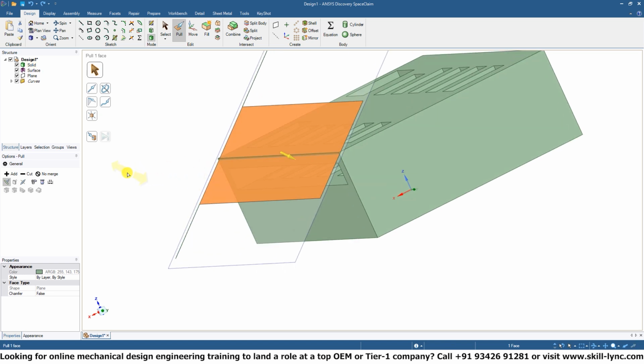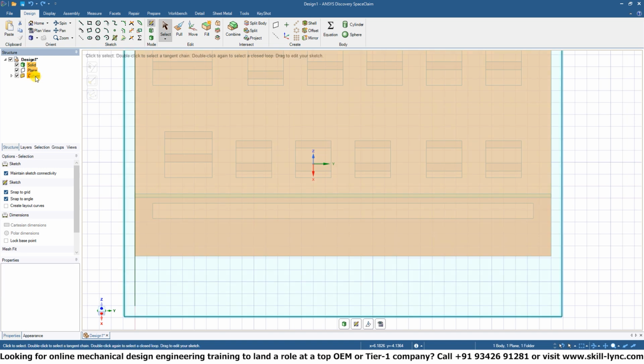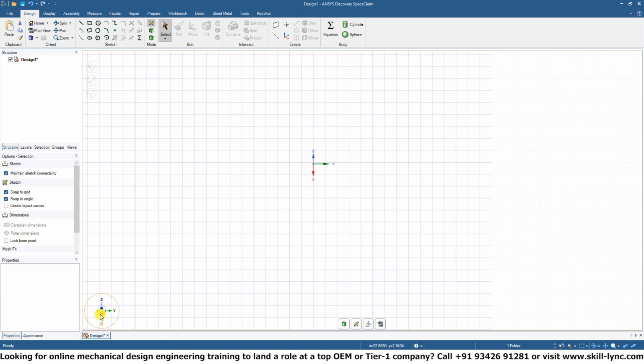You can also, there's a tool over here next to add and cut, called no merge. What no merge implies is more for assemblies, which are different parts. So if we think about it as a screw and nut, right? Let's work on this example. If we just select all of this geometry and get rid of that,